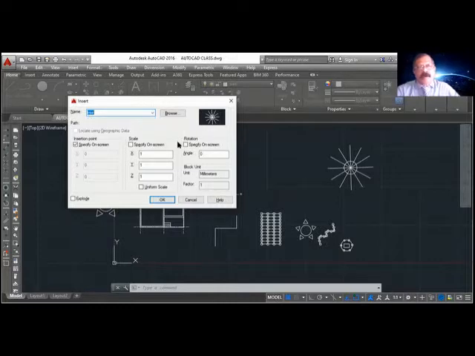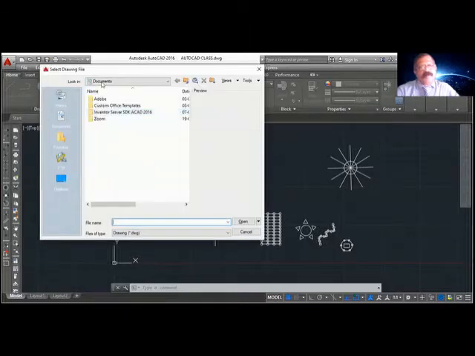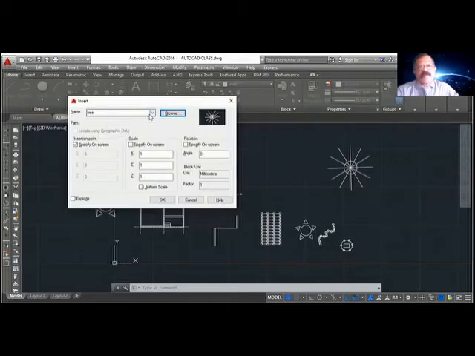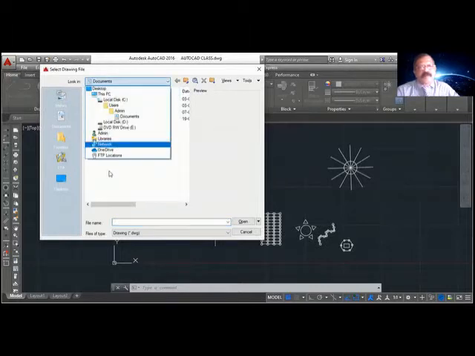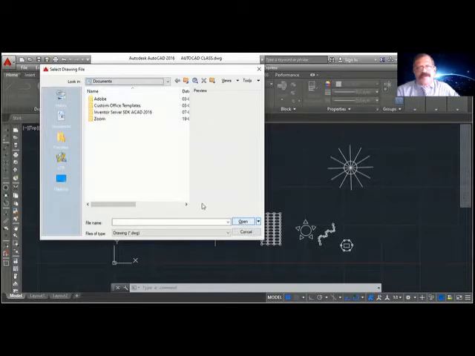Okay, if you want to bring a block from another drawing or from your flash drive or something, use the browse button. Open that drawing. From there you can bring it, or you can bring that full drawing here. Okay, if you want to bring only a block from the drawing, that is a different command. I will explain that later. If you want to bring any drawing from outside, you have to use insert. This is for blocks. And if you want to bring a drawing from outside, use browse and select the drive or whatever it may be. From here, you select which drive you want, where the drawing is, then you open. So you can bring that drawing here.